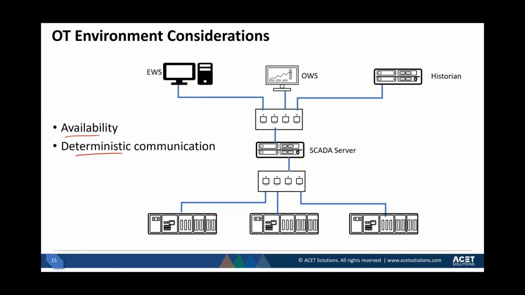What does that mean? So this PLC over here is basically going in a loop. It has some program that is configured in it, which is executing every 100 milliseconds, for example, or 50 milliseconds. And it keeps executing. And it needs to continue to do that on the same time frame.